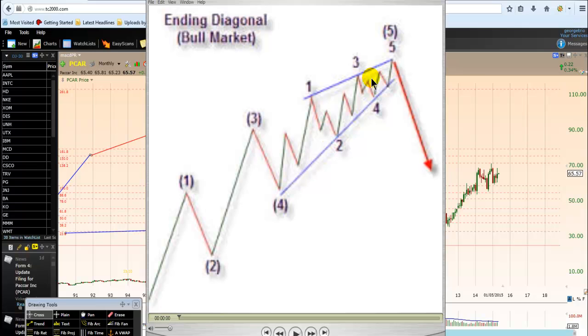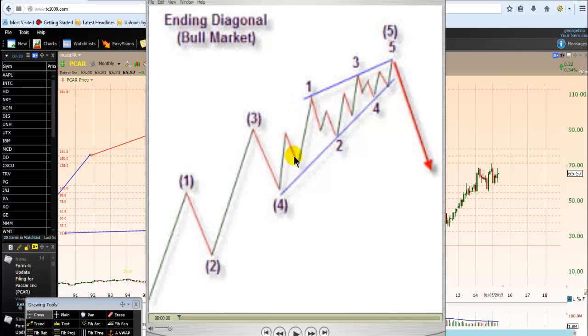A distribution. So they are selling. So people are buying up to the end of the fourth wave, so the stock is going up nicely. Each time the stock pulls back, people buy, and the stock goes up. It pulls back, people buy here, and it went up. Then you pull back again here, people buy, and the price went up. And they pull back again here, people buy again.